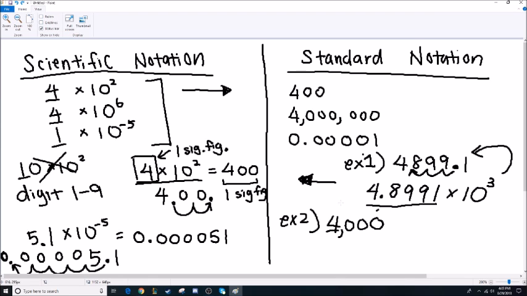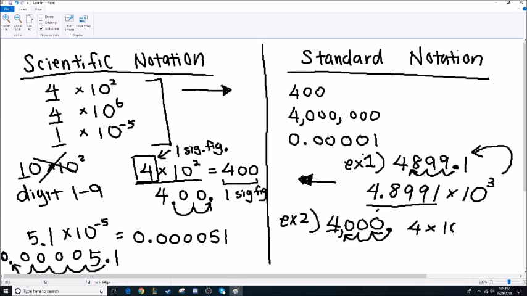Okay, so I'm going to think, where would my decimal be? Okay, so I know this is 4,000. This is in the hundreds place, this is in the tens place, this is in the ones place. In order for this to be in the ones place, that means the decimal must be right here at the very end, because this is in the ones place. Okay, so now I identify my decimal, and I know my decimal needs to be right after the ones place. So I'm going to move my decimal 1, 2, 3 spaces over. So this will become 4